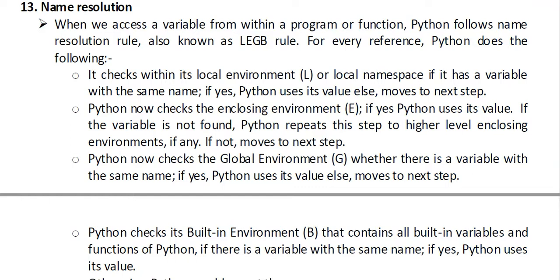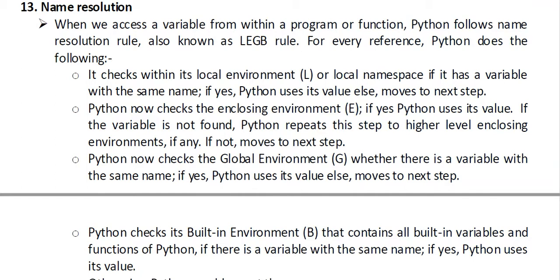If that x is not defined in the for loop, the Python interpreter will check for that x in the function that is above that for loop. If it is there, it will be printed. Otherwise, it will check the whole program, that is global scope, the global environment. If a variable named x is found in the whole program, it will be printed. Else, Python will check its own environment, for example a variable called x in its pre-installed directory. If yes, it will be printed. Otherwise, then only you will get an error.